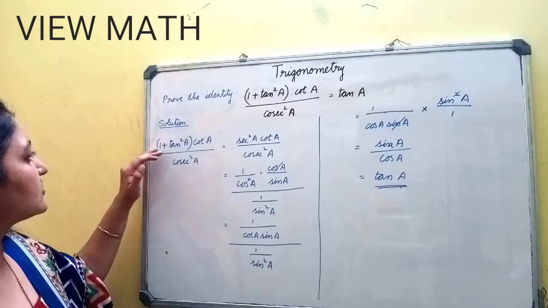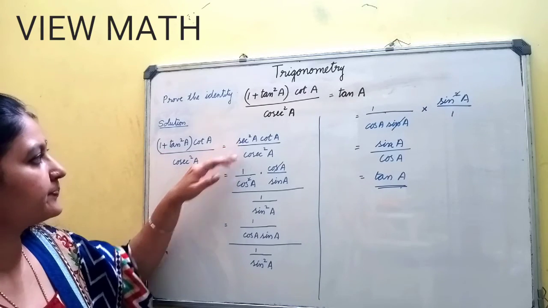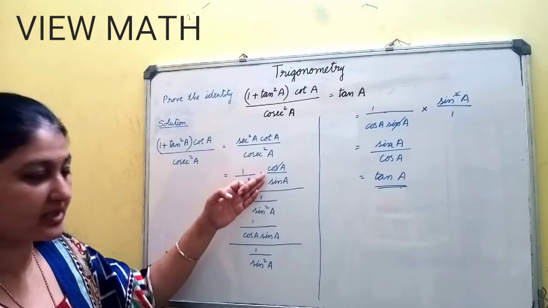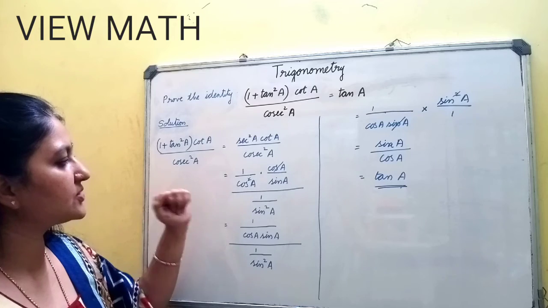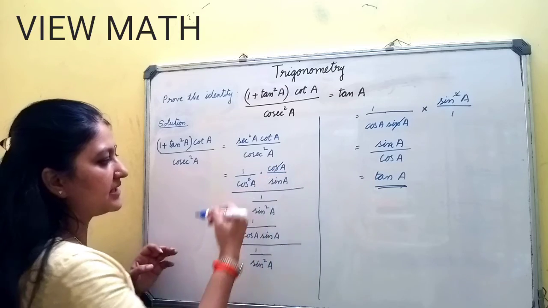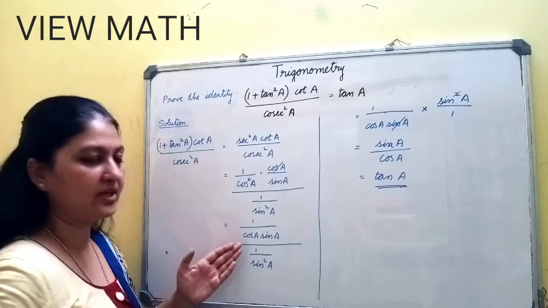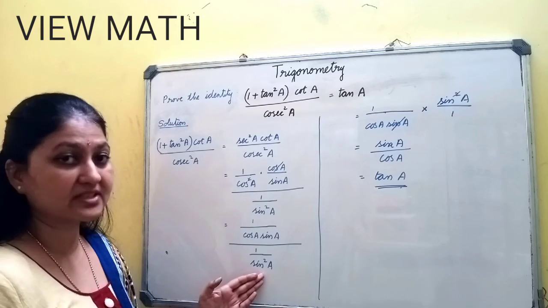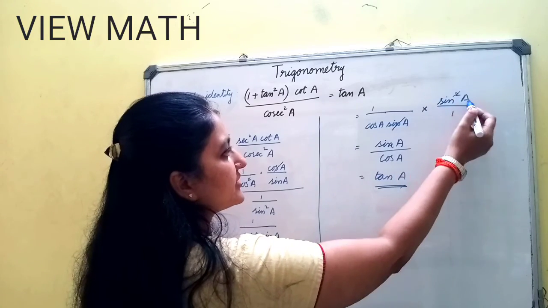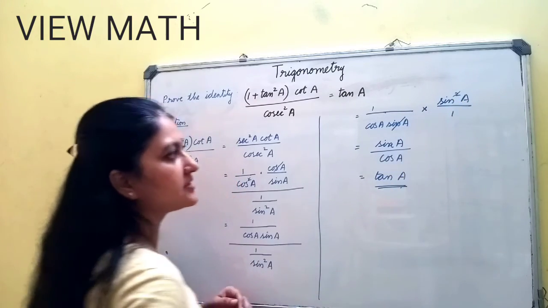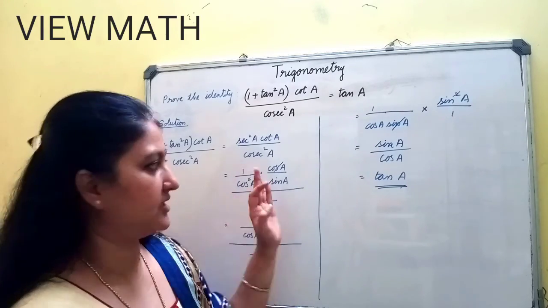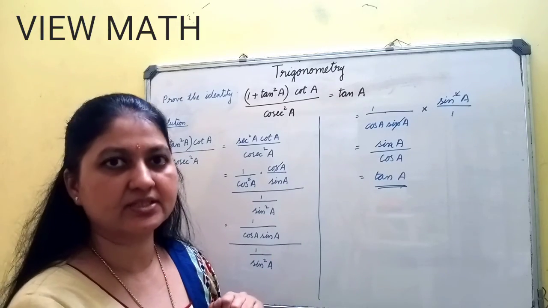So what I'm doing is 1 plus tan square, I am changing it to secant square A. After that, secant square I am writing as 1 by cos square A, cot A as cos A by sin A, and the denominator cosecant square A as 1 by sin square A. Now you can see cos A terms are there, I am cancelling. So in the numerator I am left over with 1 by cos A sin A, and the denominator as it is. Next I am taking the denominator to the numerator, in the reciprocal, sin square A by 1, cancelling the sin terms. So I am left over with sin A and cos A. Sin A by cos A is tan A. So the simplification is very easy to understand, right?